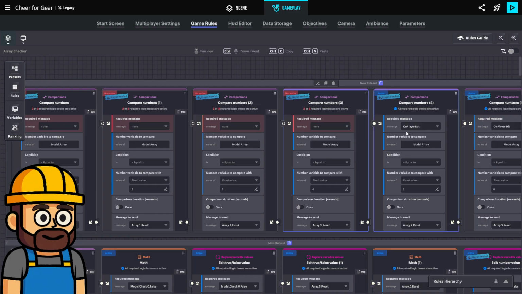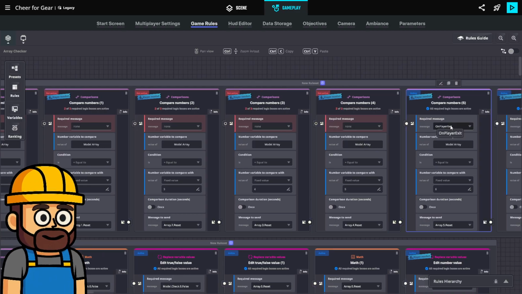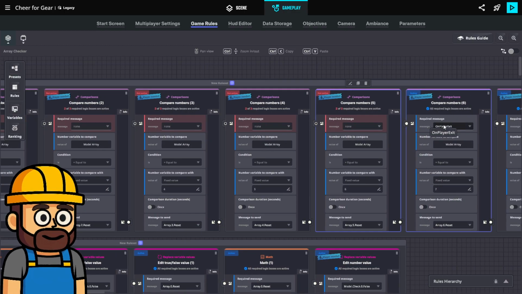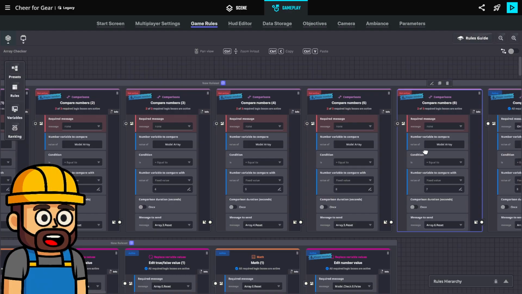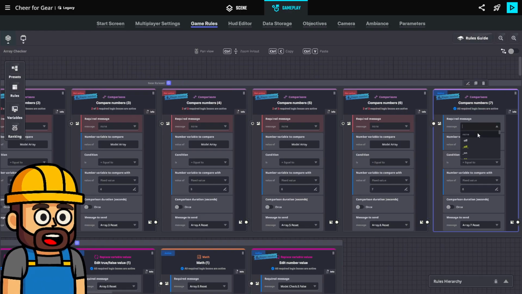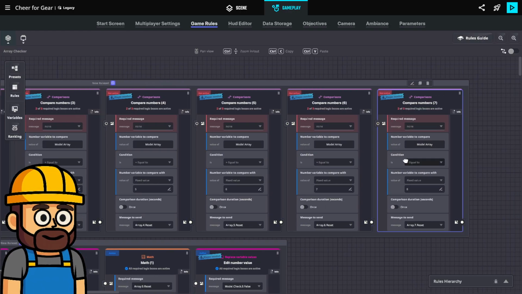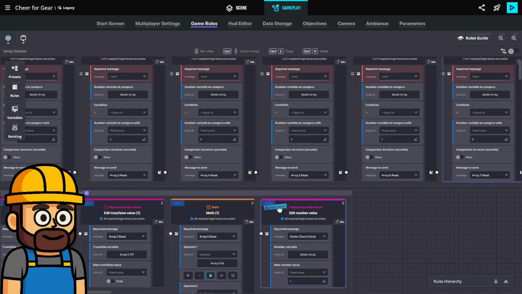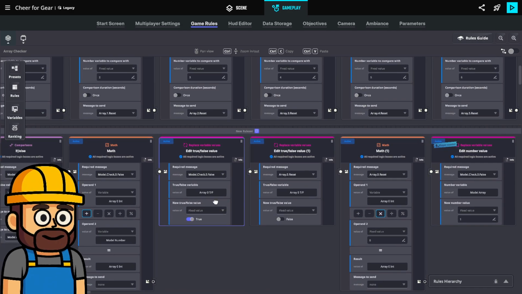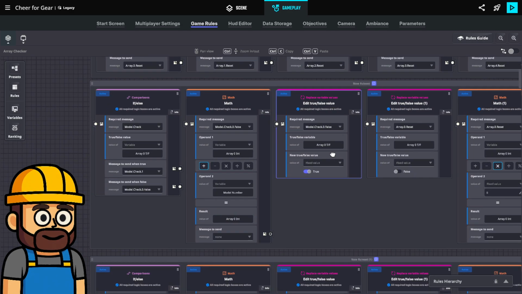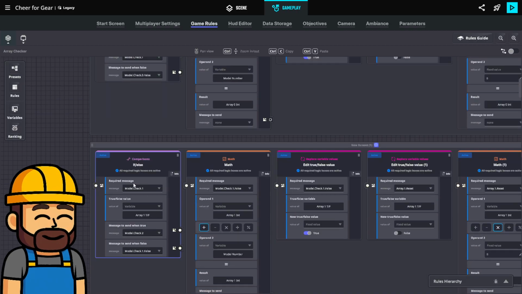It's actually going to be a lot of work to get back around to this end part because I have to build the whole teleporting system to the catwalk and the voting system and all that stuff. So I'm not sure how we're going to quite get back there yet. But model check always starts at the first array and then it goes to the next one and it just goes that way.